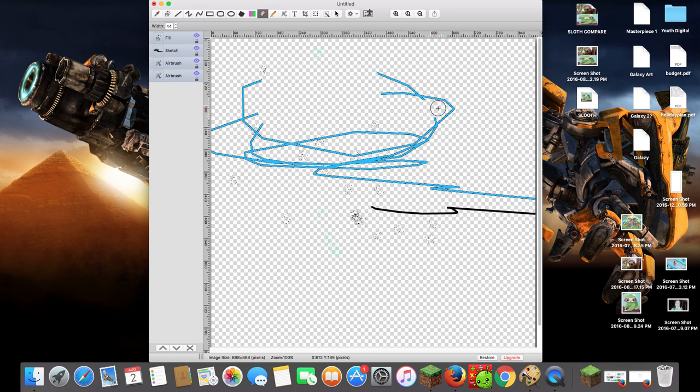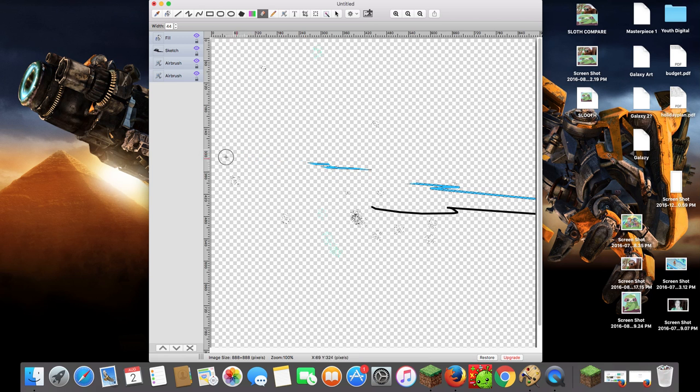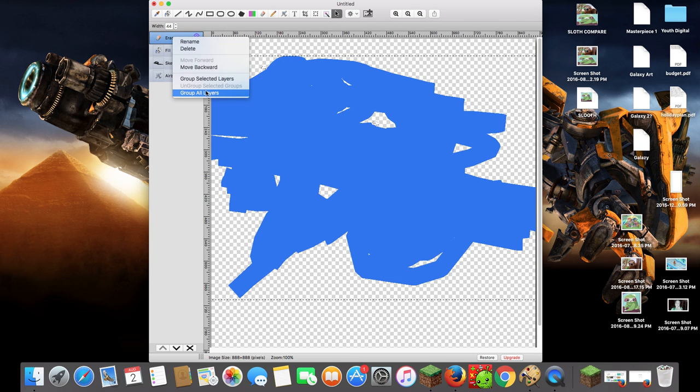You can also just remove the layers separately on the side, like remove each drawing part. But you can, of course, just erase it with the eraser tool, which is pretty easy to use, isn't too hard. You just have to make sure that you get everything. And you'll notice that your little layers are still going to be there. So just group all layers